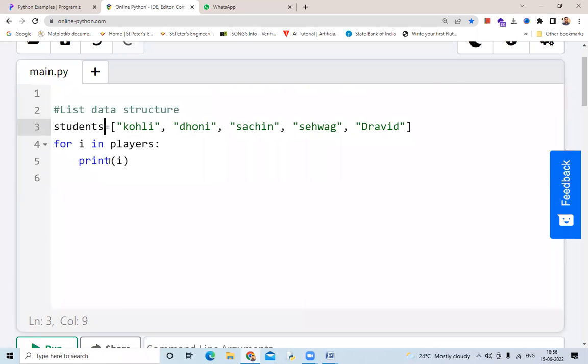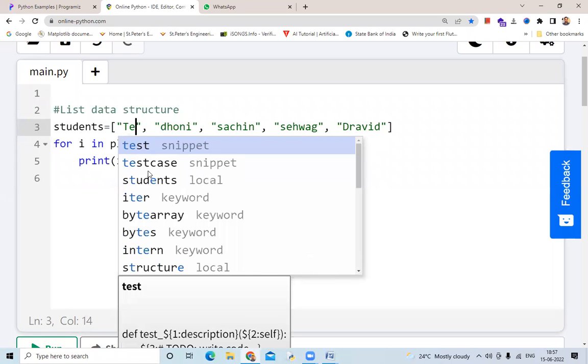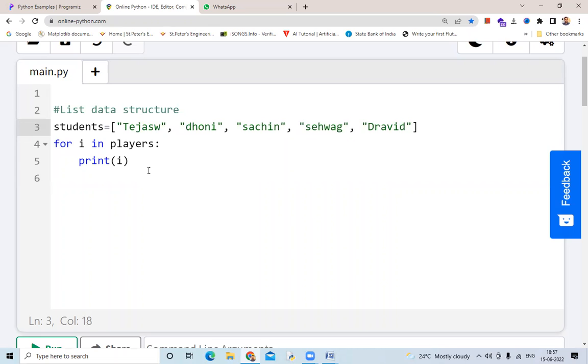Students list equals, let's have the names of you people directly. Tejasvi, Surya,